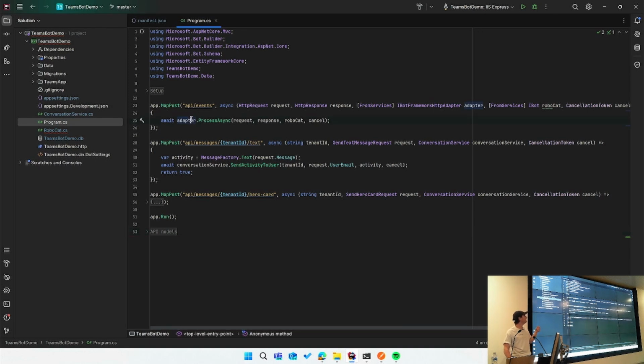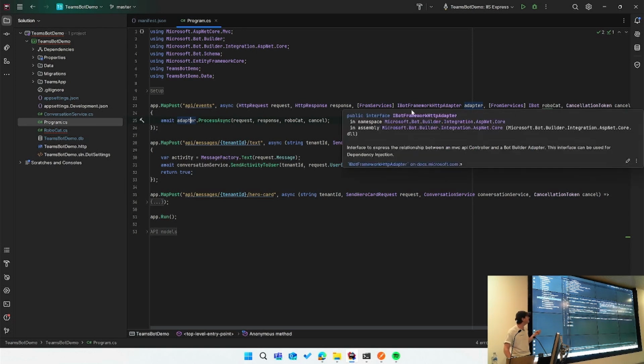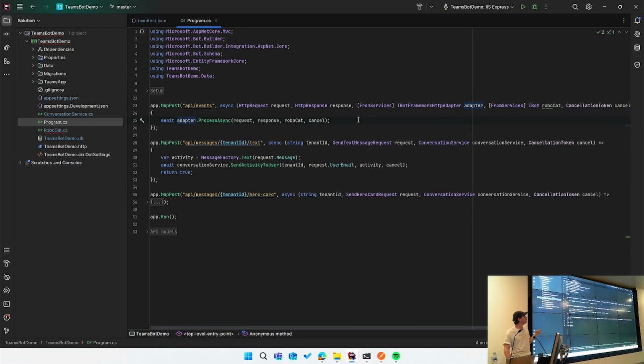And what we're going to do is call this adapter, which as you can see here is a Bot Framework HTTP adapter. That is one good thing I like about the library, is they have kept it implementation agnostic maybe. So if you want it as an HTTP API, you can do that. If you want it as a queue-based bot, where you have all your messages coming through, you can do that. If you want to pass it through however you want using some weird console app protocol, you can do that too. So here we're saying use an HTTP adapter, and then actually get our bot,